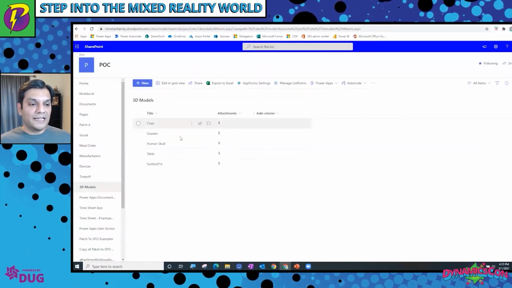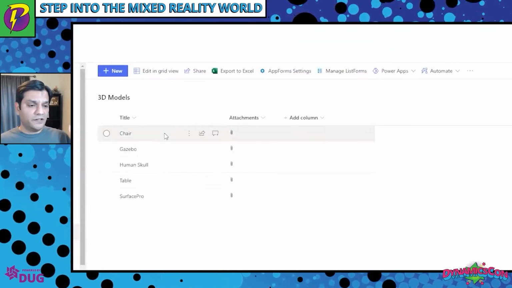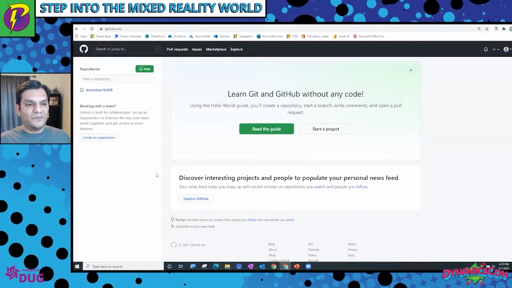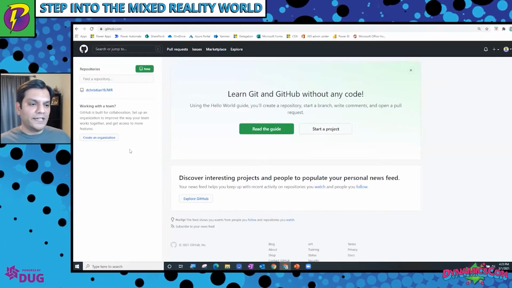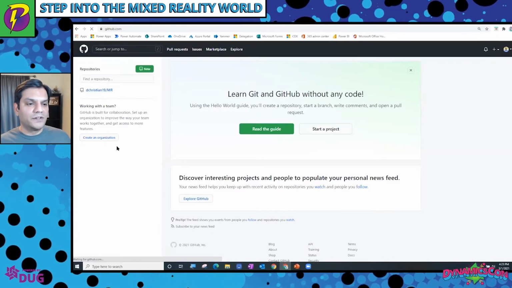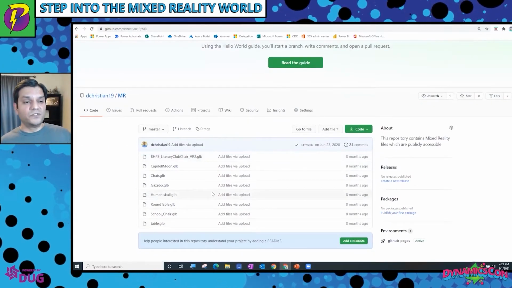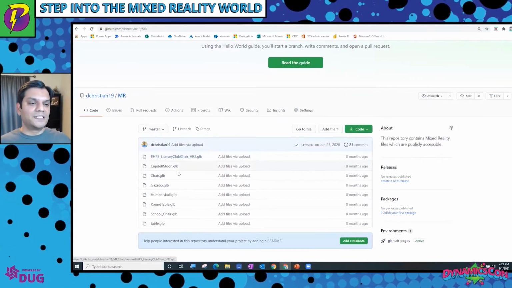So back again, that's where I got those files, and I can save it in SharePoint. What I just did was I saved it in GitHub for now. And in GitHub, if you're familiar with it, you've got your own GitHub. You can go in, set up your repository, and then you go ahead and upload these files, and then you just have to reference those files over here. So again, that's the easy part.